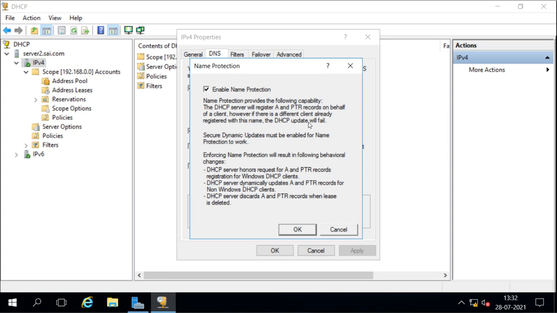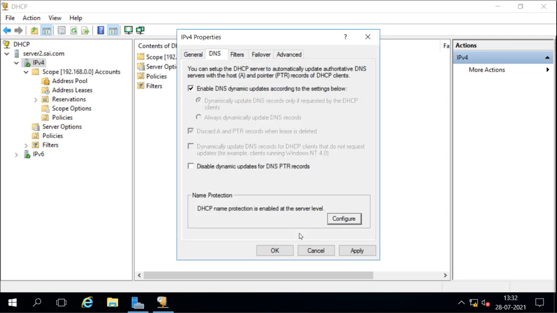So there is no possibility of the hacker changing the record, because if the record is already there, it will not be updated. If the record is not there, then it will be updated. This is what the name protection option does.